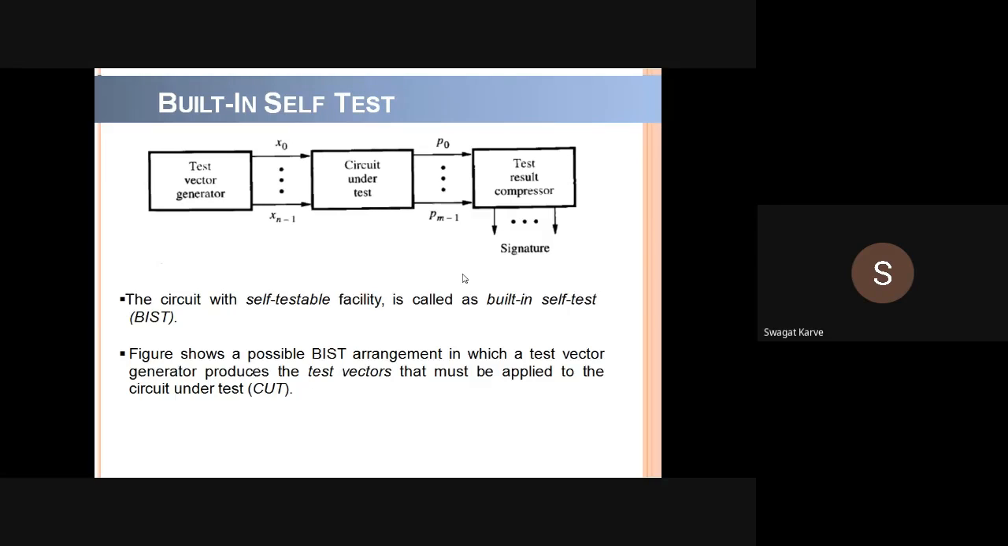So to test such a complex and high speed circuit, you must have such robust and effective testing methods